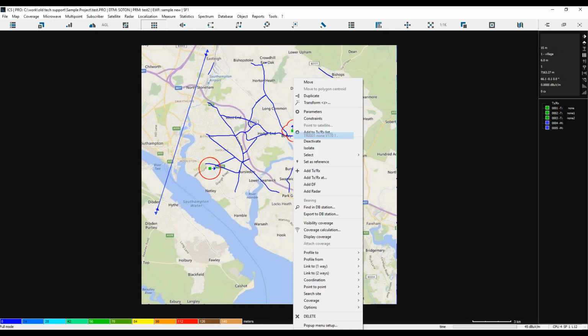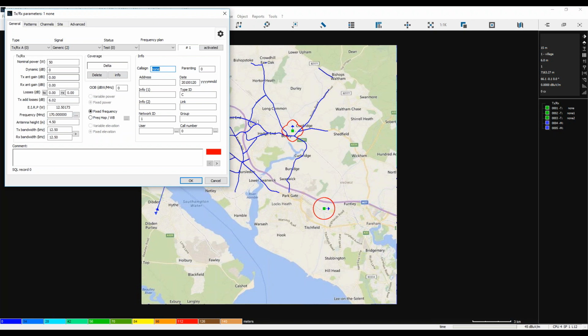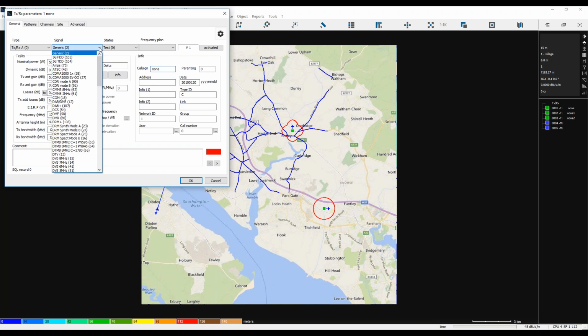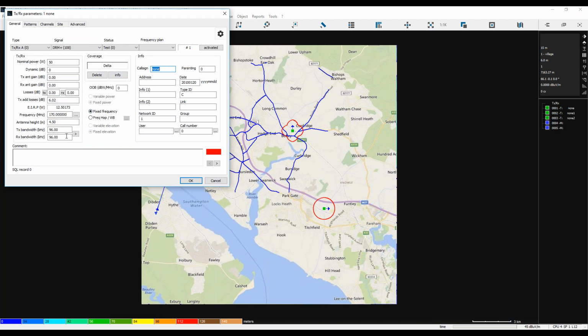So we have firstly the ability, just looking at the parameters. Signal type here, so you can see here all the different variety of types. So say if I select here the type, then the initial change you'll generally see is a bandwidth associated with that will change. But as I mentioned previously, the fact it knows this is a signal type from this list,